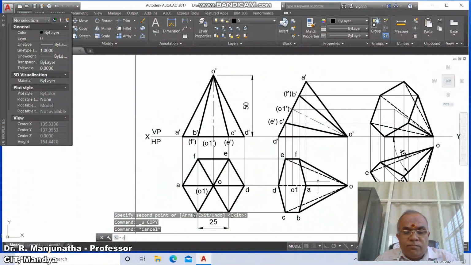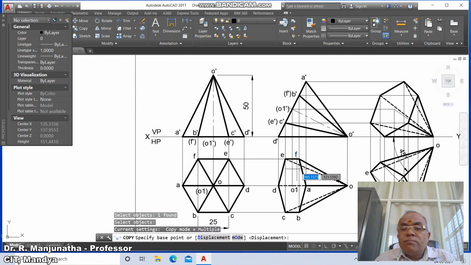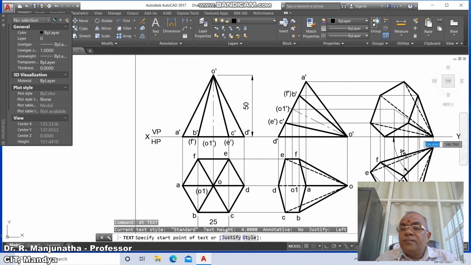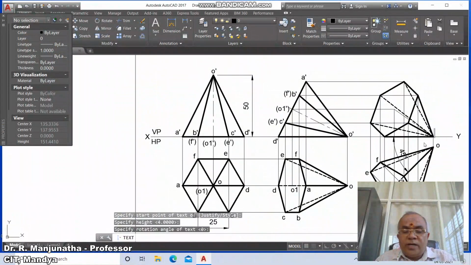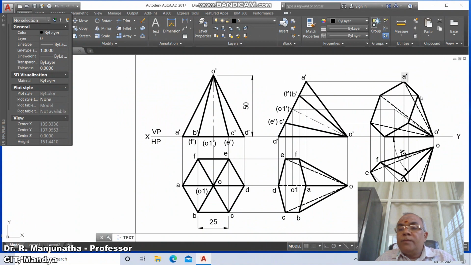copy F here, then go to D text, here you type O dash, then you type A dash, you type B dash, you type C dash, you type D dash, you type E dash, you type F dash, you type O1 dash, then